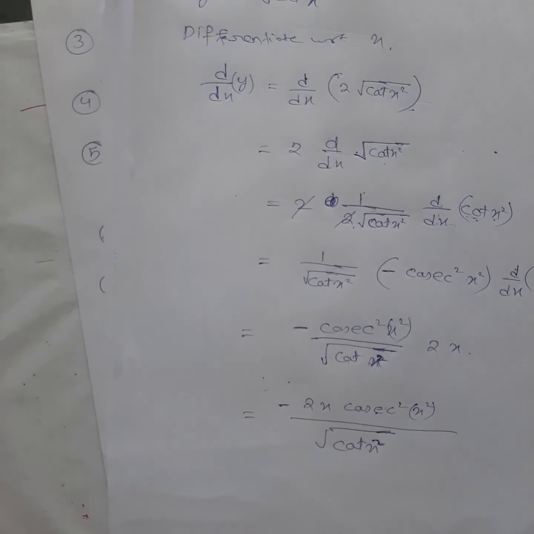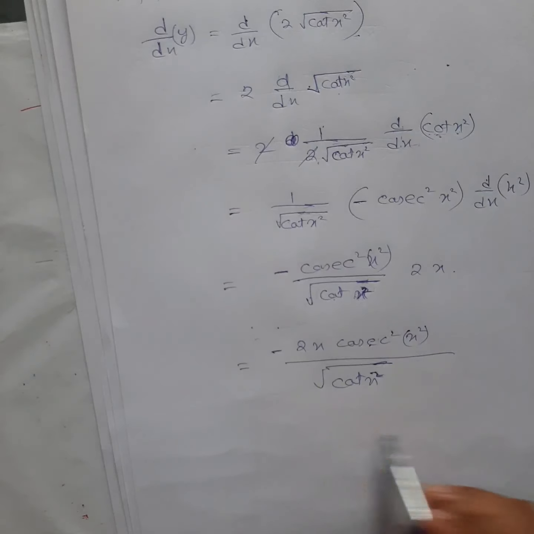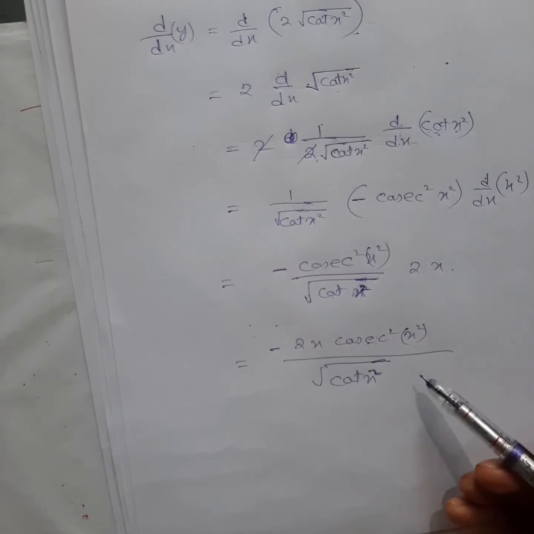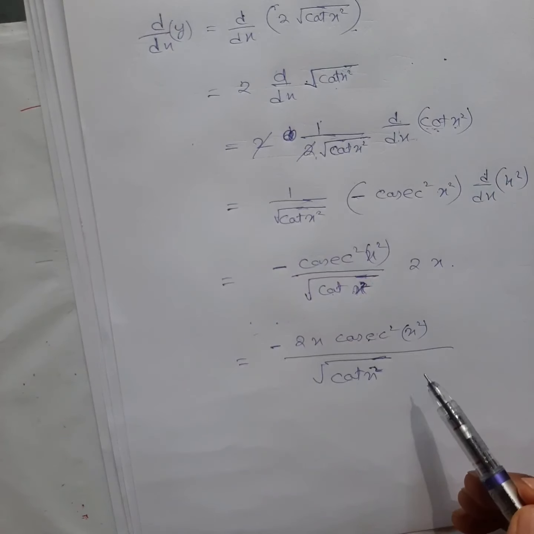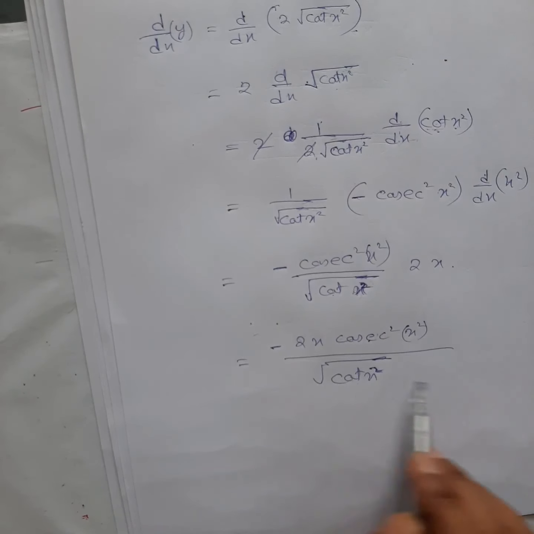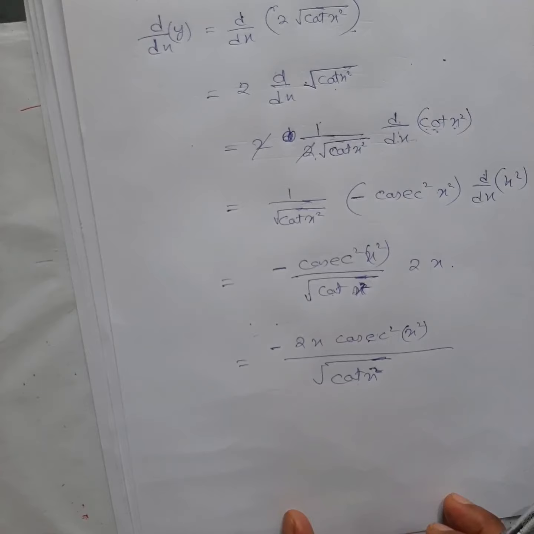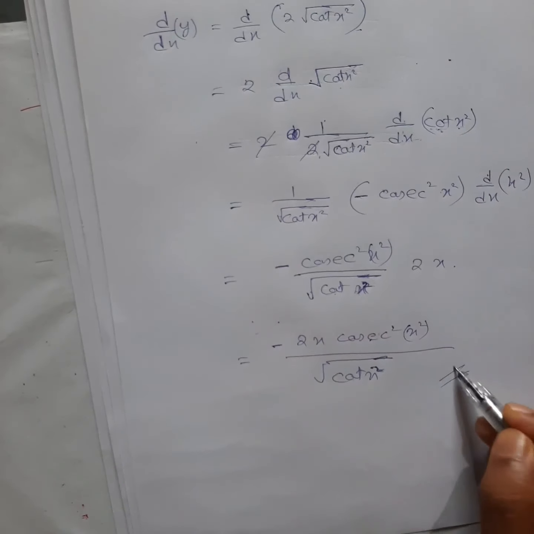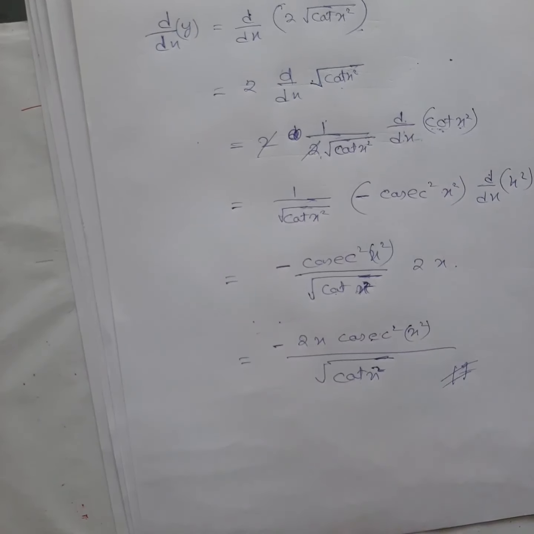Those who are cross-checking with the answer from the back of the book, it might be different, because I have seen it was in terms of sine and cos. If you want to convert into sine and cos, you can, and then cancel whatever you can, and take rationalization if necessary, and use some identity to simplify. Converting that way you will get those answers, but you can leave it here also. Okay, so this will be your answer.